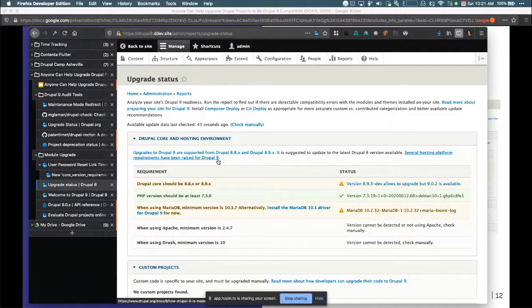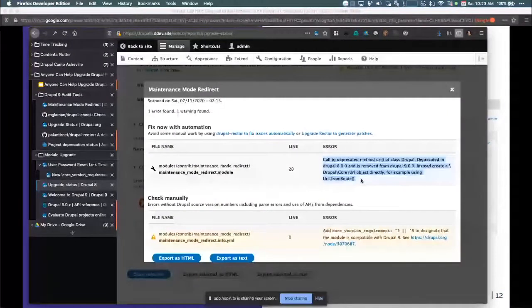So this just confirms that Drupal Check and Upgrade Status both show, and even the VS Code plugin for Drupal Check, they're all showing us the correct thing. But notice this additional piece. It also says that there needs to be a core version requirement line added to the info YAML file. And this is the file that basically has the specifications for the module, so Drupal knows what kind of project it is.